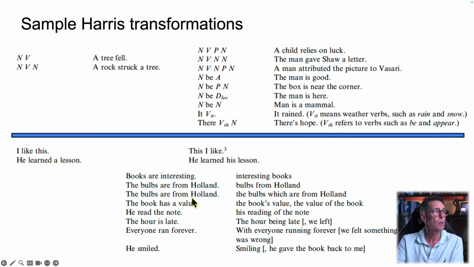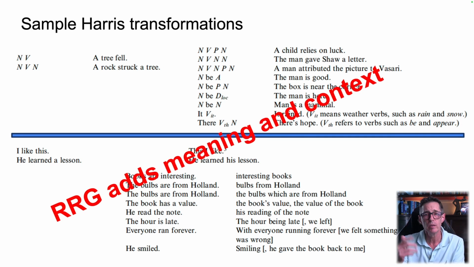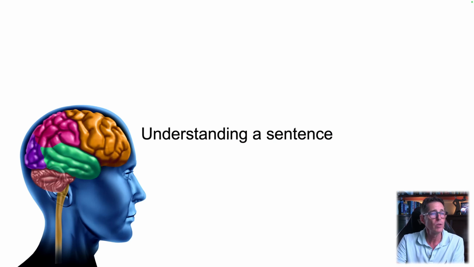So this concept of transformations is excellent, and I like to rely on it with one limitation. We're missing meaning and context. It's relying on these parts of speech, and these are terribly ambiguous. And if you're trying to work out what a sentence means and you've got 10 ways of interpreting the grammar, and the only thing that you're doing is interpreting grammar, you're stuck. There's no way forward. And the world suffered with this probably for the last 70 years, because the thing I'm showing you now is a solution to this. So let's move on to understanding a sentence.